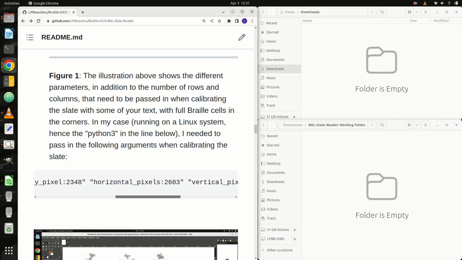"horizontal_pixels:2603" "vertical_pixels:1530" "slate_cols:36" "slate_rows:13"